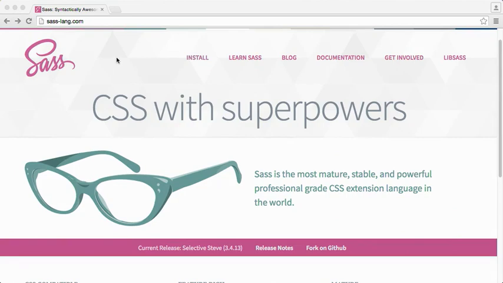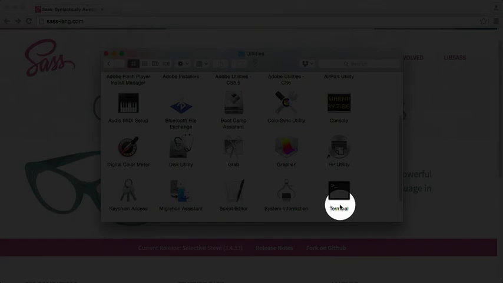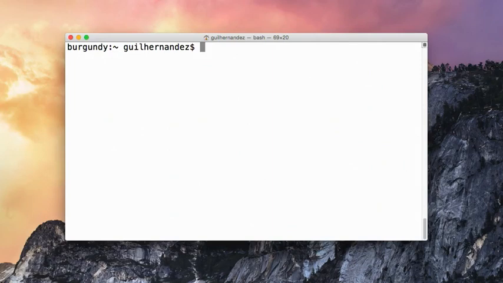Now, it may sound a little nerve-wracking, but honestly, the quickest way to start using Sass is with the command line. So first things first, since I'm on a Mac, I'll need to bring up Terminal, and that's where we'll write our commands. So on the Mac, the Terminal app comes installed by default, and it's located in our Utilities folder. And don't worry if you're on a Windows machine, I've posted the Windows installation instructions in the teacher's notes. They're very similar. Next, inside Terminal, or your command prompt, we'll install Sass by writing the command gem install sass,